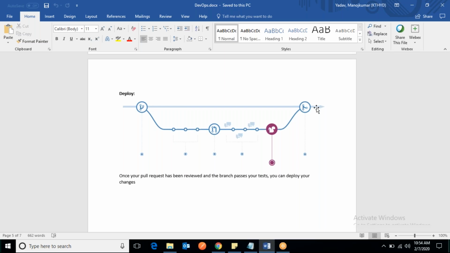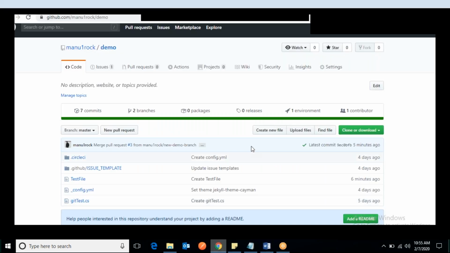But what is the command you use to deploy? How do you deploy? Can you show me in GitHub? GitHub doesn't provide any environment or anything to deploy your code, so you have to integrate environments. Here GitHub doesn't provide a way to build your code. There is no mechanism here to build your code.